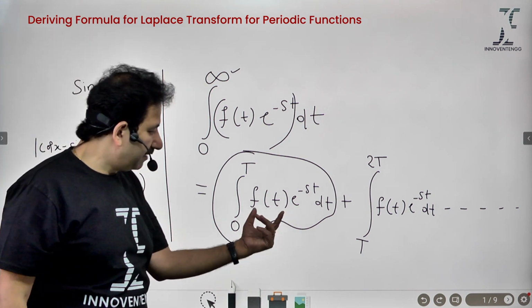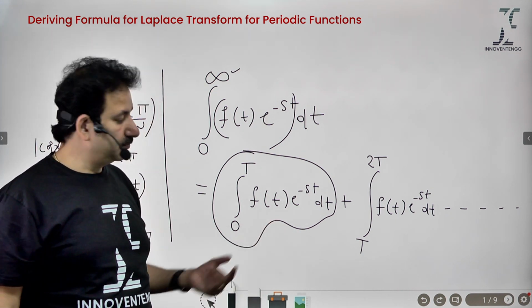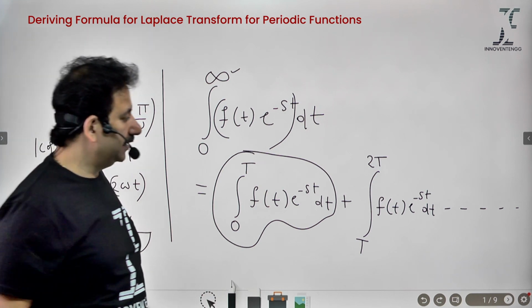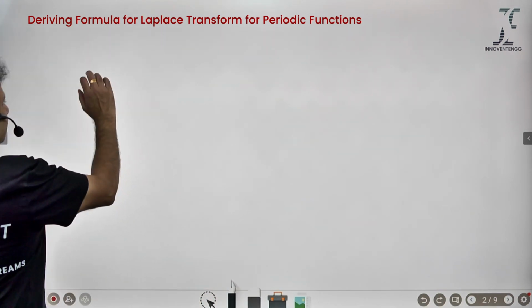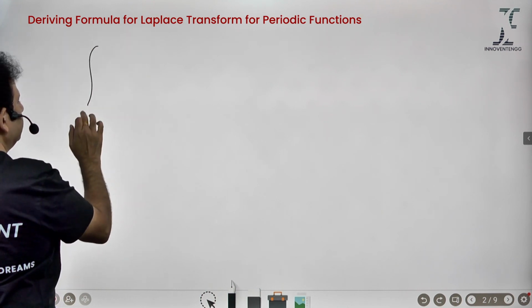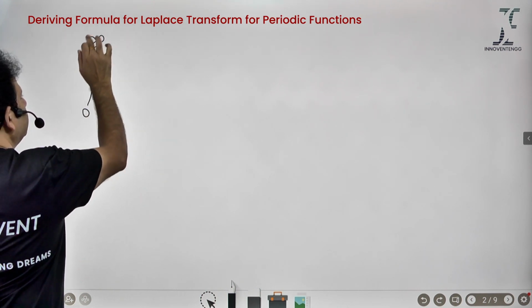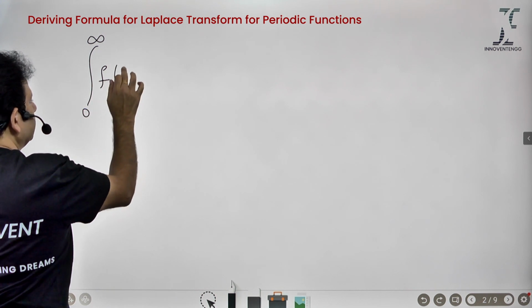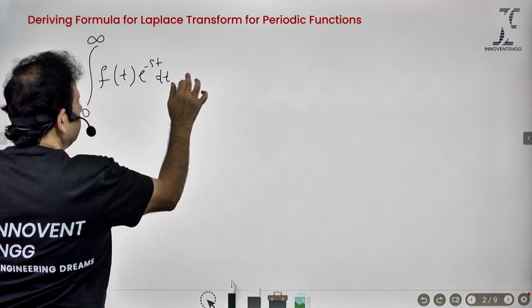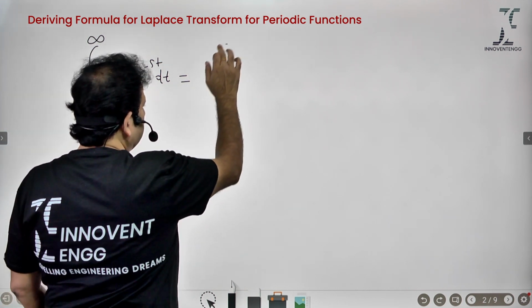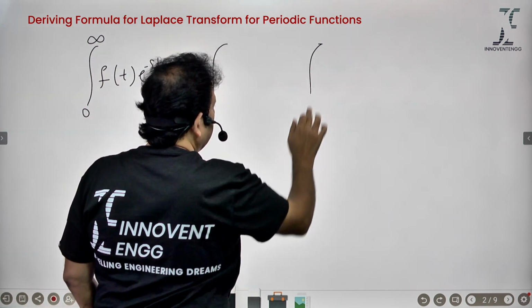So I will have to establish my Laplace transform in terms of this integral. Let's try and do that. What we have got essentially now is the integral from 0 to infinity of f of t e power minus st dt, which is equal to several of those integrals. So let me write,